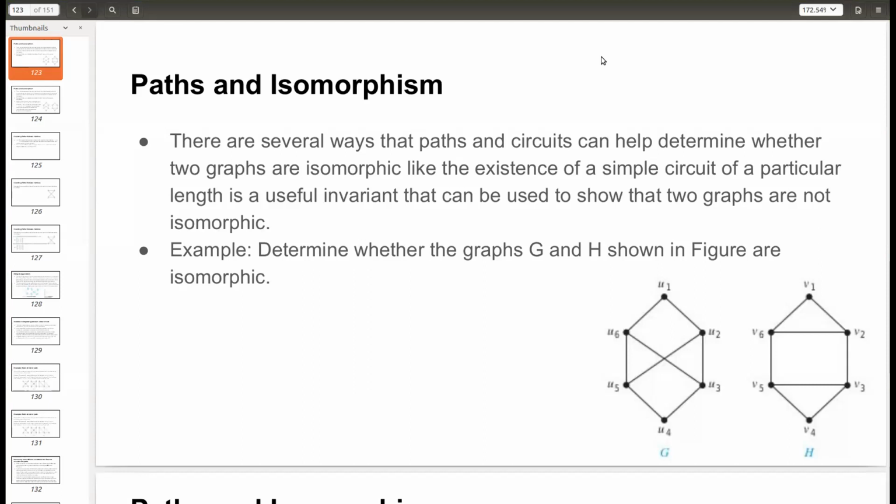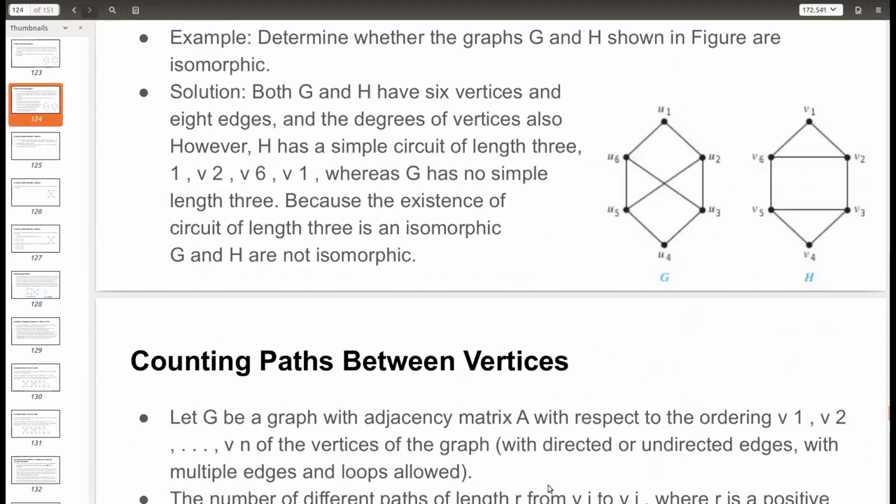What we had specifically discussed in the last lecture was a combination of two concepts: if we have to check whether two graphs are isomorphic or not, how can we do it, or relate it with the concept of path. And we saw that one of the graph invariants, in addition to the total number of edges or total number of vertices, is also the existence of simple circuits. What are their lengths? If there is a graph which has a simple circuit of say length x, then its isomorphic graph should also have a circuit of the same length. If it's not there, then they are not isomorphic.